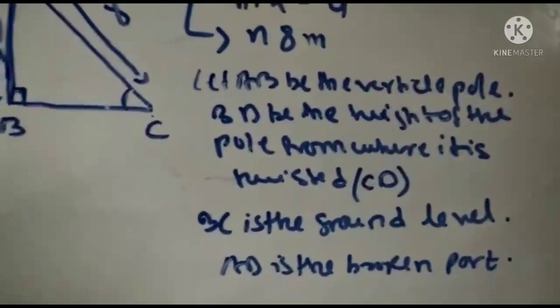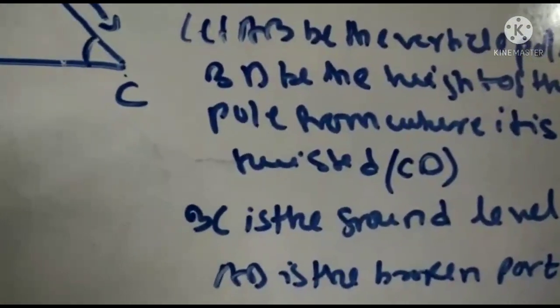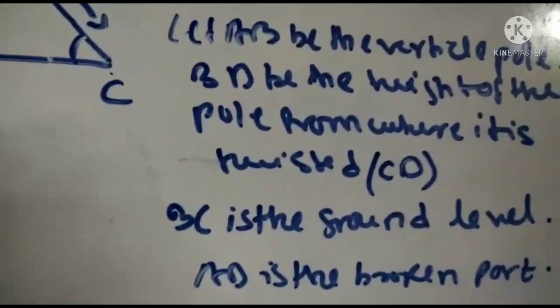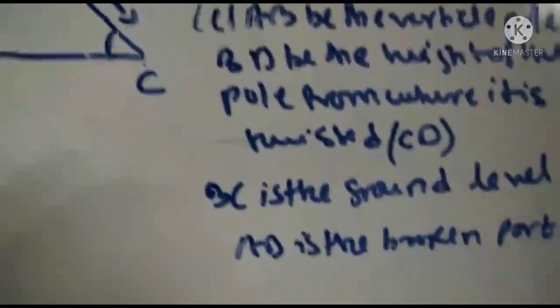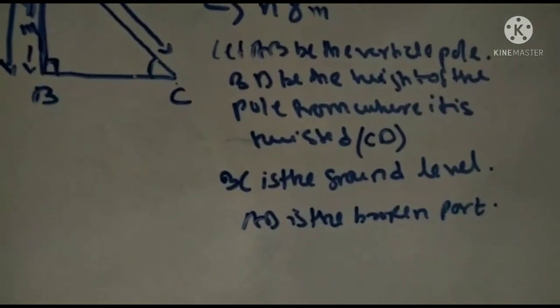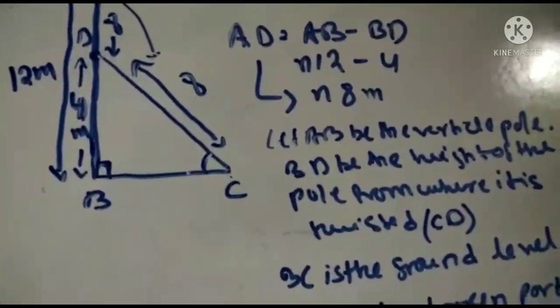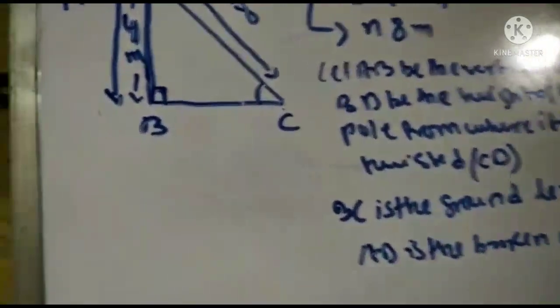In this type of questions you have to write this paragraph. This is the main problem of these sums. You have to write so much. Though you can do this directly, you have to write. This is the rule of this type of sums. Now you see how to find angle C. You have to write this and then you have to solve the sum.